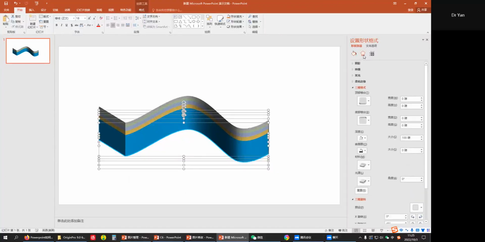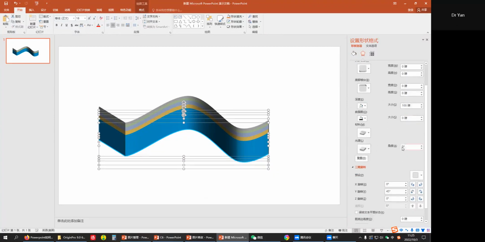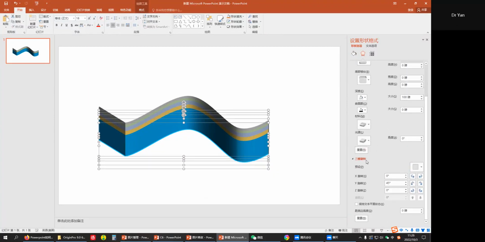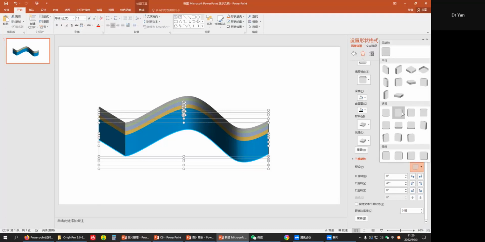And I still want to use the properties here, the three-dimension format, the three-dimension styles in your English Windows, and here is the three-dimension rotation. Just select this one,